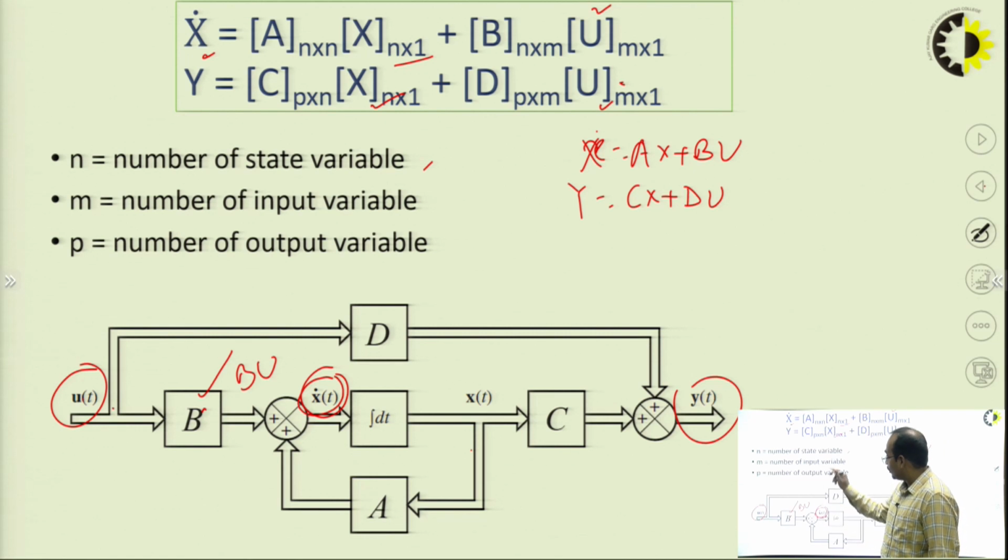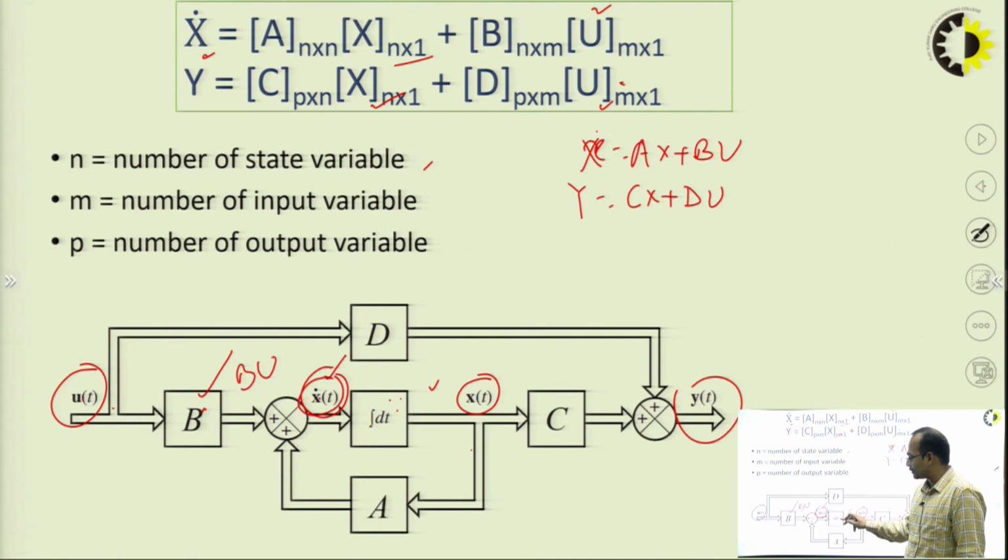But we want the output as x dot is equal to ax plus bu, so for getting ax we have to add this. For getting xt from x dot t, we have to integrate one time, so I have used here one integrator. After integrating this, I will get xt here. So by taking positive feedback from this output, which is the output of the integrator,